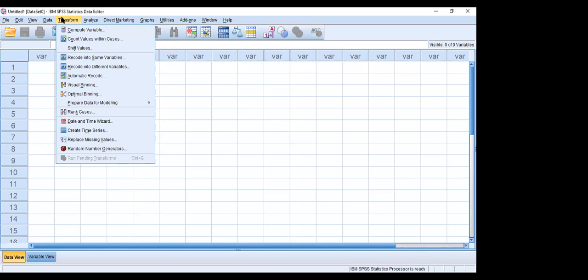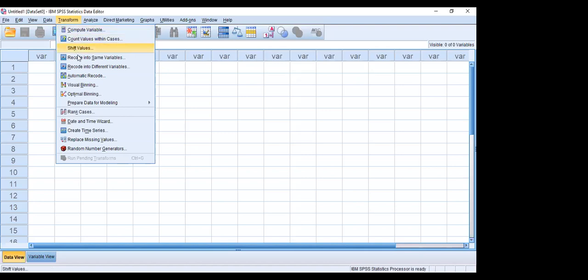Mainly you want to get a derived variable, which means deriving a new variable based on the existing variables. Or suppose you have data about height and weight, and based on these you want to find the body mass index. You want to perform certain calculations, so for that you can make use of Compute Variable.